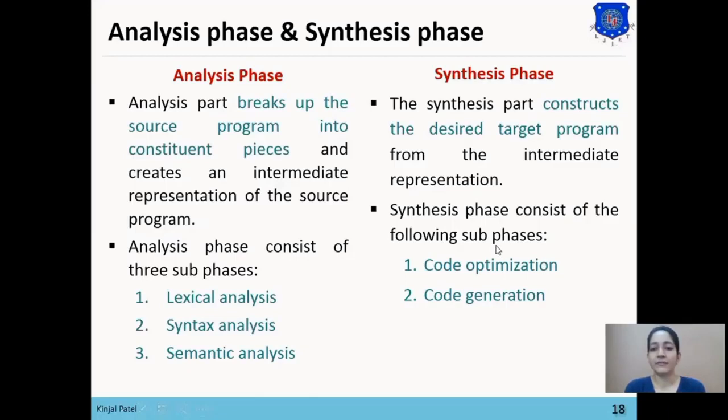That is our 5th phase, and then code optimization reduces the size of the code, and it will pass that reduced code to code generation, which is our 6th phase, and then code generation will convert the source program into the target program, which is our assembly language or machine language.